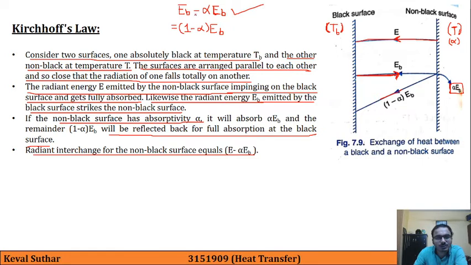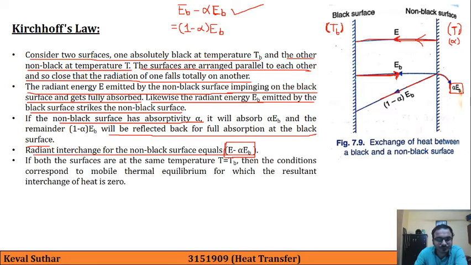So here this is the interchange, that is E was given, and we have again giving this, that is 1. E was here radiated and this is absorbed, so that's why the net interchange is E minus alpha EB. Let us say that if both surfaces are at the same temperature, that is if T is equal to TB,